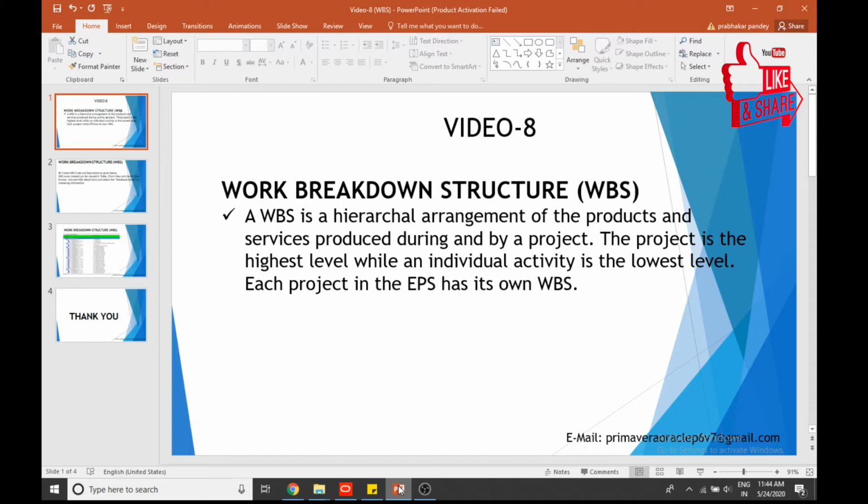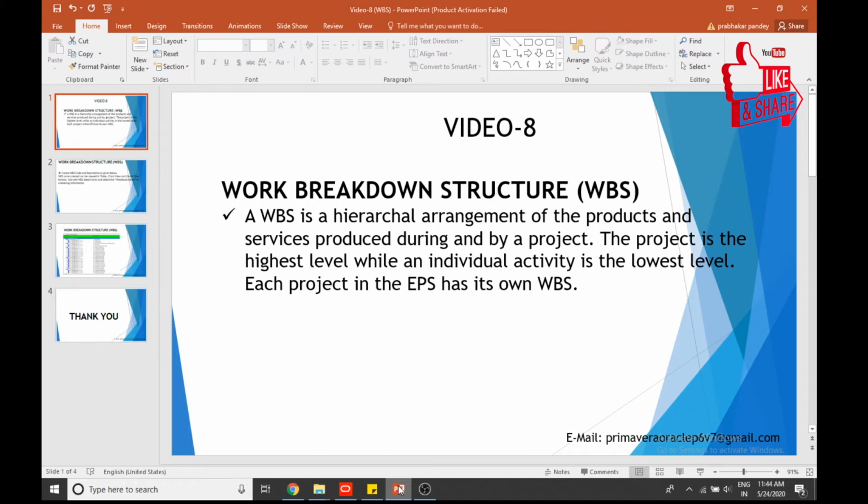So WBS helps you to maintain this focus on the product or services. At the heart of the WBS is a deliverable orientation. The project is broken down into smaller components, so the WBS focuses on the deliverables, and it's simply a breakdown of all the components making up a product or services in a hierarchical fashion. In Primavera P6, you have to create a WBS first so that you can add activities into it. So the schedule flows from the WBS in a top-down method.